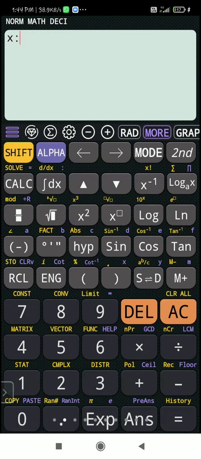The alpha key is violet in color, so I can get the violet colored operations using that key. Then again I'll press alpha and Y, right? And again alpha and colon. Please students, write down this sequence in the notebook somewhere as rough work. Alpha, then X, alpha, then colon, then alpha and Y, alpha and colon.